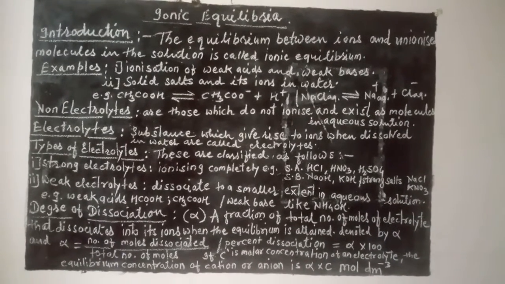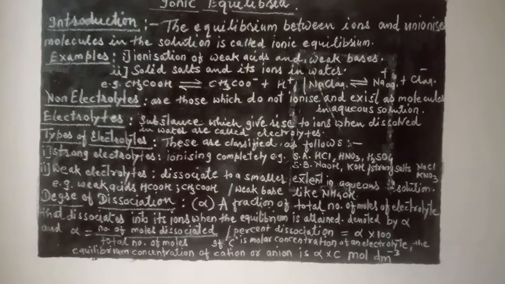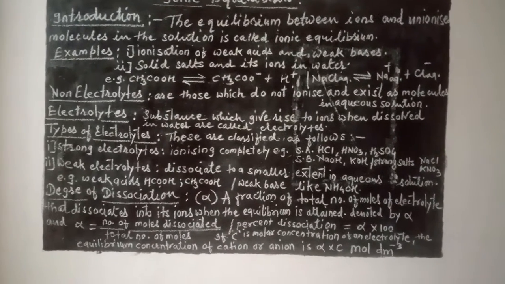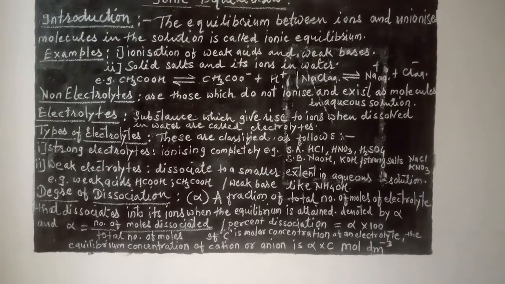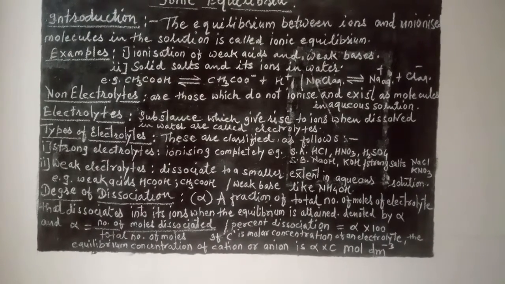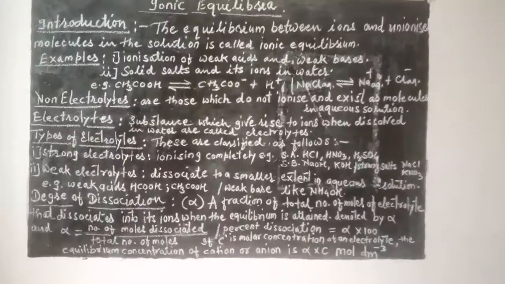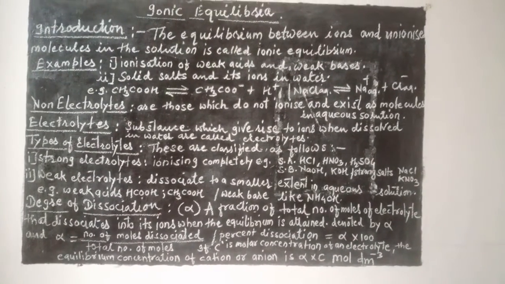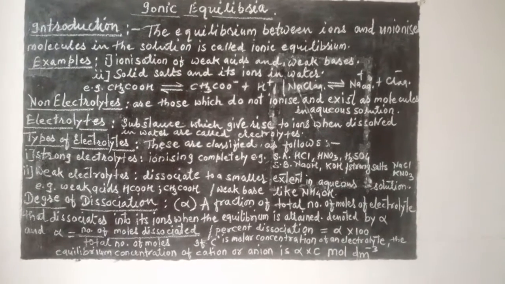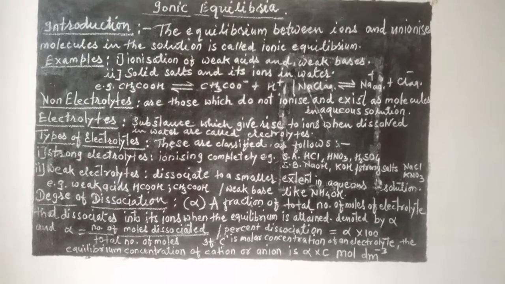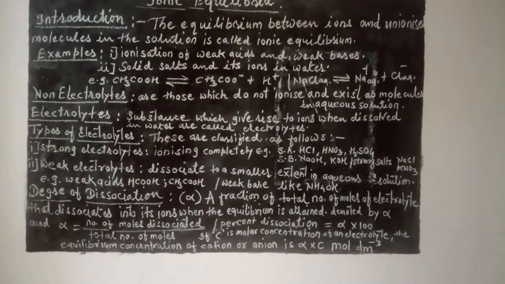These species do not ionize and are generally present in molecular form only. I can explain with an example. For example, sugar. You all know when Glucon-D is dissolved in water, Glucon-D contains glucose, so the glucose molecules remain in molecular form and do not form ions. Thus, this is known as